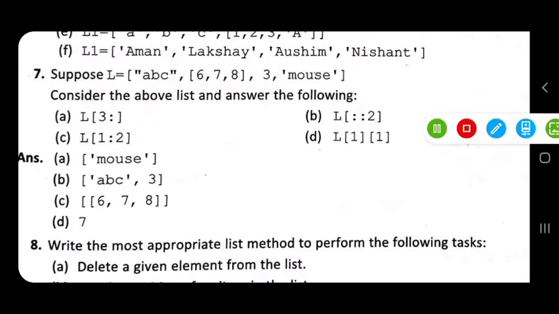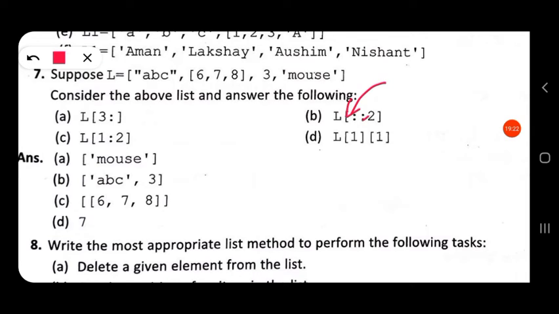Now in the second question, B, start, stop and step. Here two colons are there, so you can see start, then stop, and 2 is the step. What will be the output? Start and stop are not given, so start will be the starting position, that is 0.